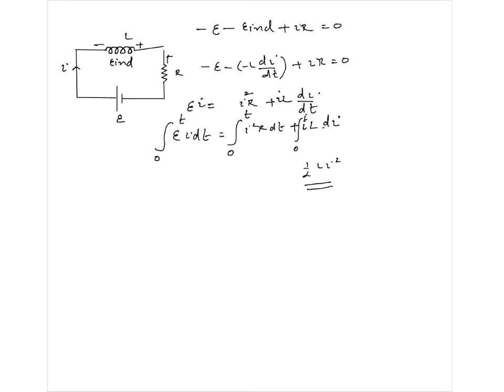Now, as I said, while we get this result for this particular case, we actually generalize this result. We will say that for any inductor, if the current through it is I, then it has this much energy, half L I square. And to generalize it even more,